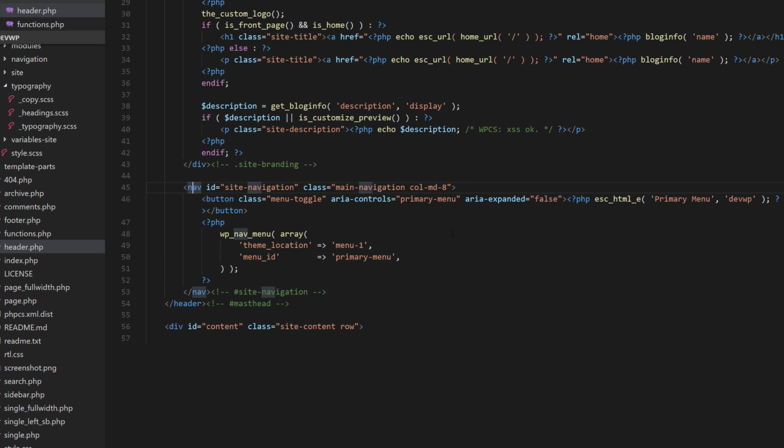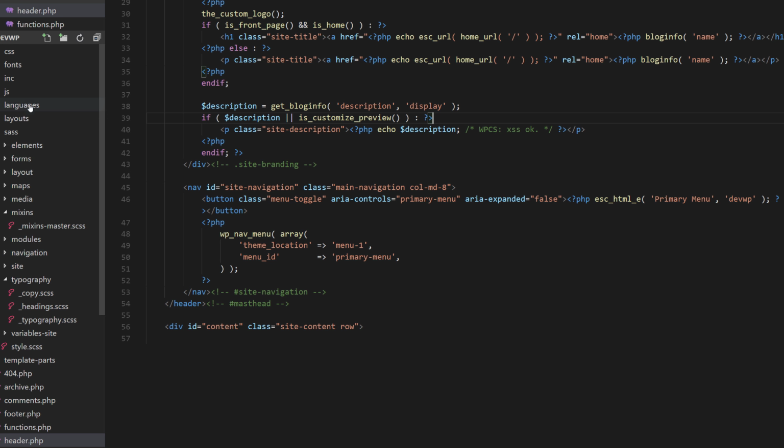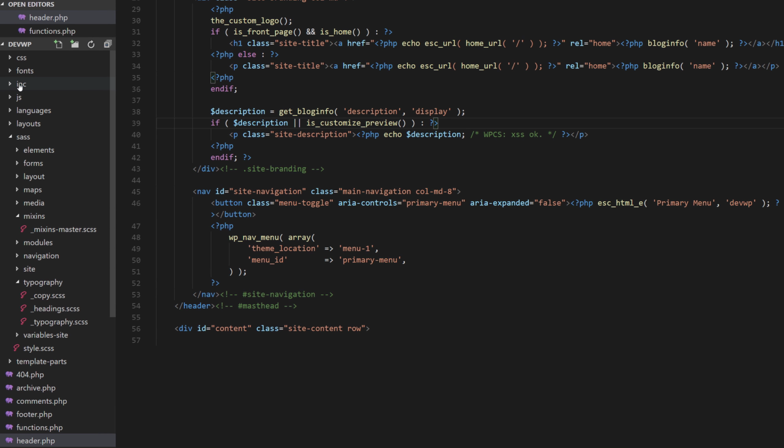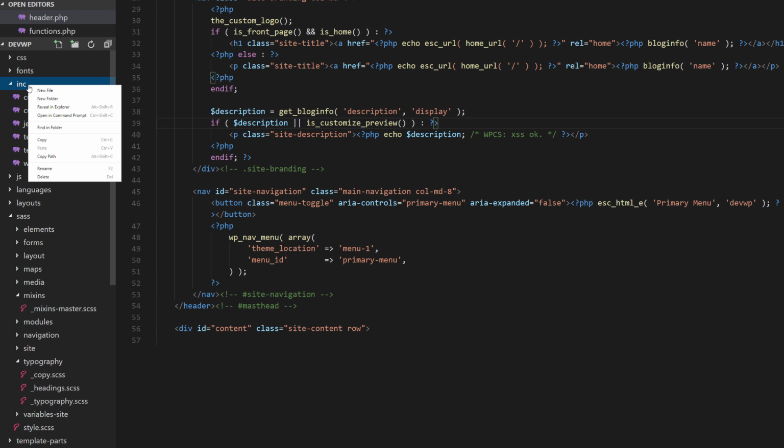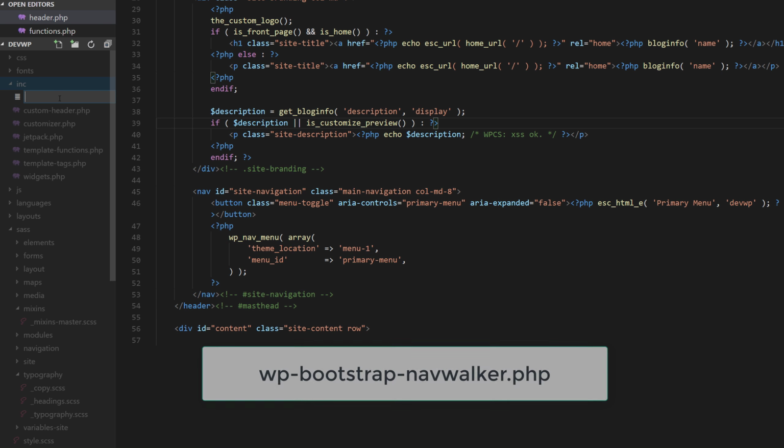This is what we're going to target over here. Alright, so what I'm going to do now is paste in some code and replace this over here, and I'm going to add a new file. I'll go up in my folder structure, in the includes folder, right click, new file, and name this file